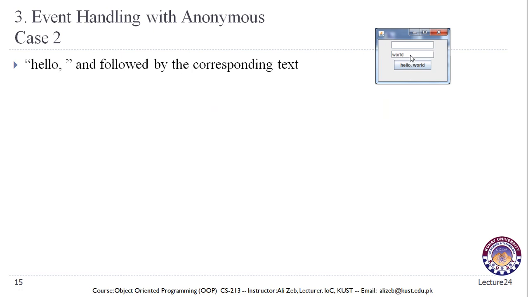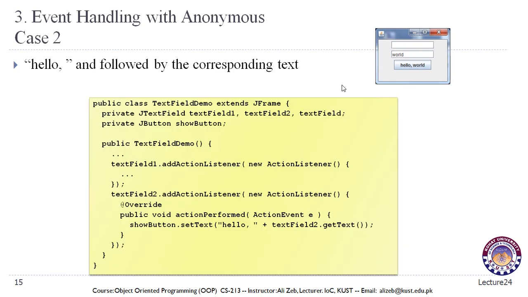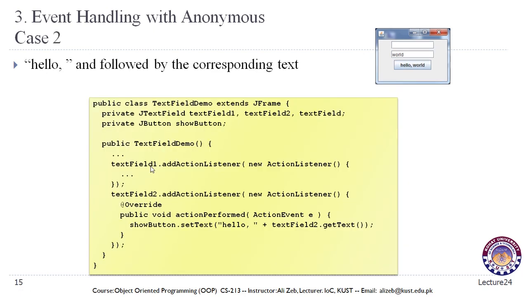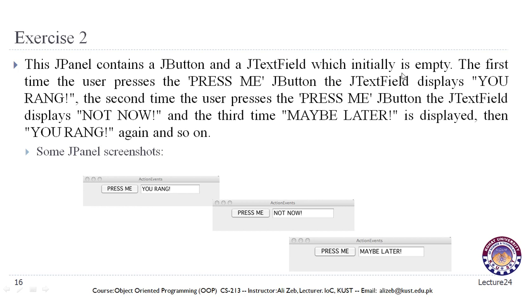Again, in the first one, we were associating the action to the text field 1. So when we click in the text field 1, this text on the button should change, and it should be set to whatever we have written in the text field 1, converted to uppercase and displayed on the screen. So the action is associated with the text fields. Similarly, when we click in the second text field, this is how the text of the button should change. And you can solve this